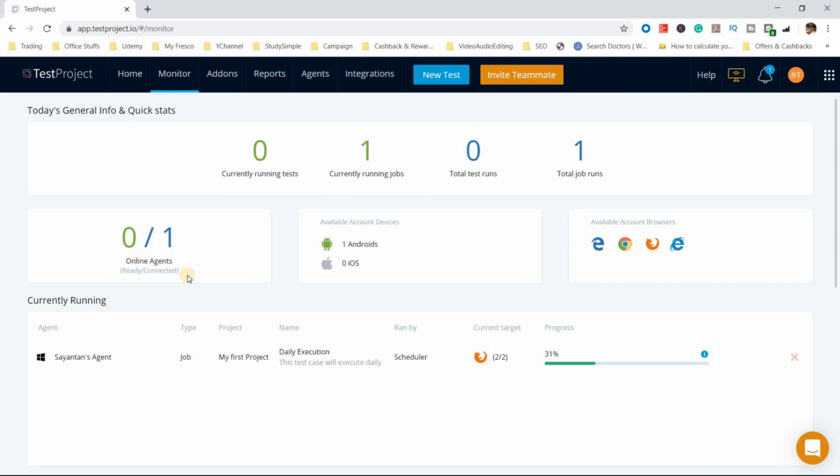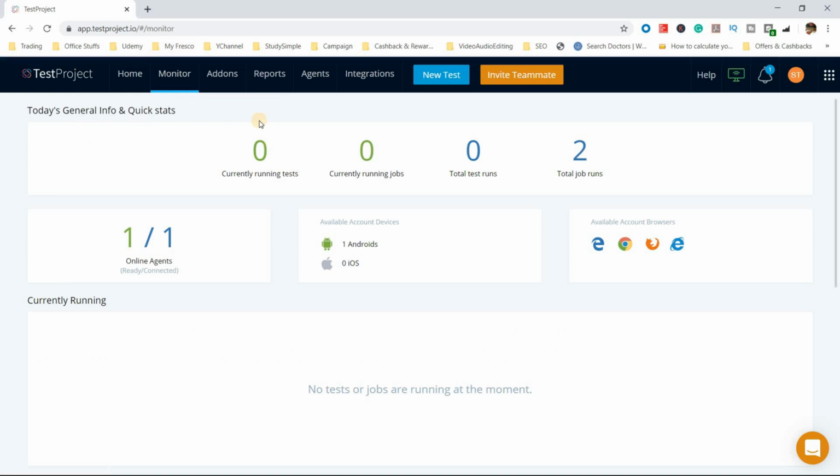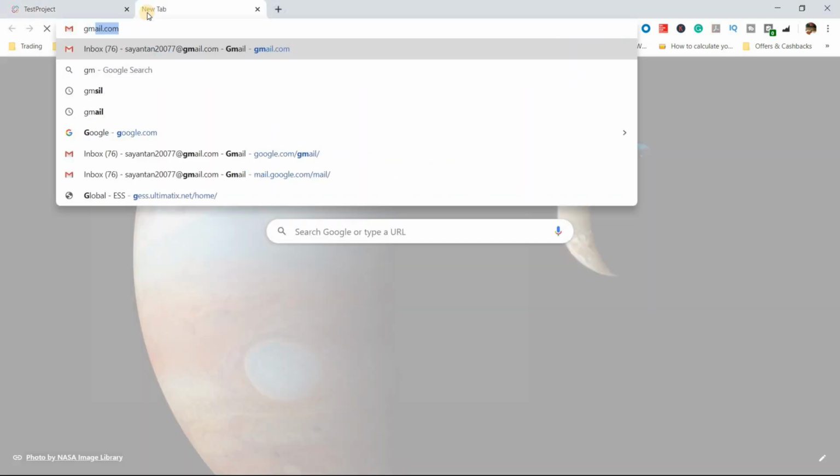The execution is completely finished, and we will now check. See, the agent is back online, okay, and it is in a ready state.